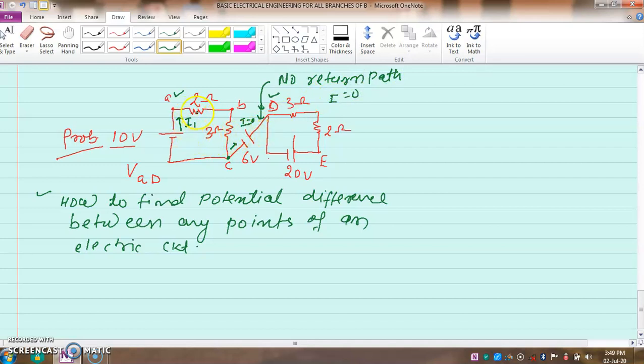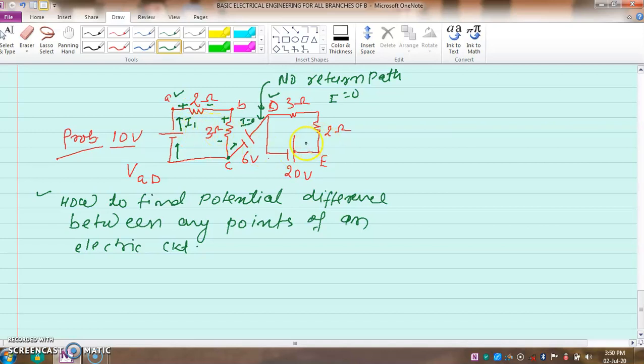So this I1 current comes here, goes in 3 ohm, and then I1 will again come to the point. Meaning the starting current is I1, and it is again returning as I1. So I1 is coming here, so positive terminal will be here, negative will be here. In the same way, positive will be here, negative will be here. So for this closed path, our assumption related to current is completed.